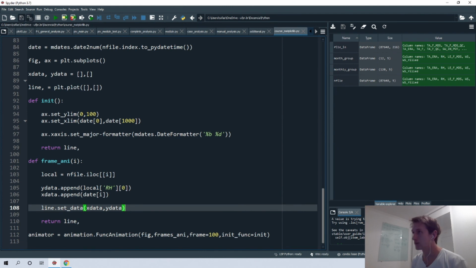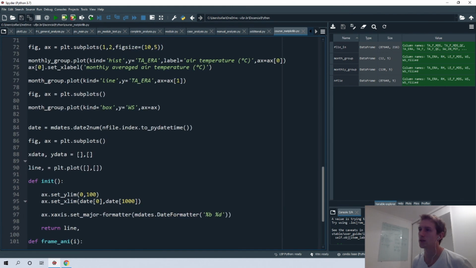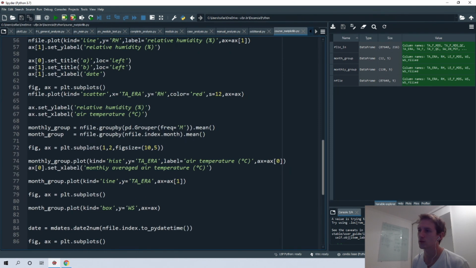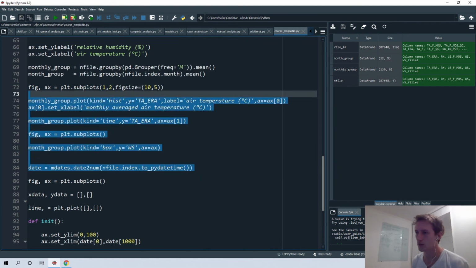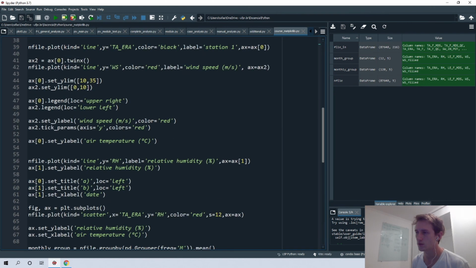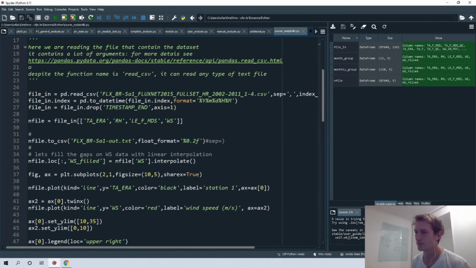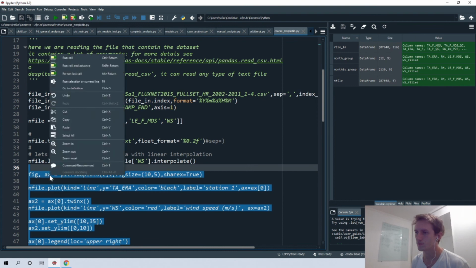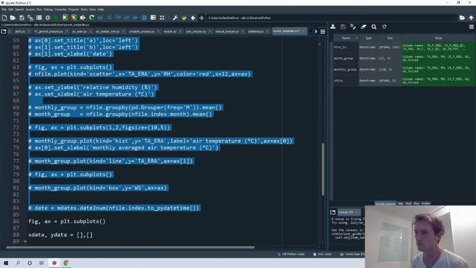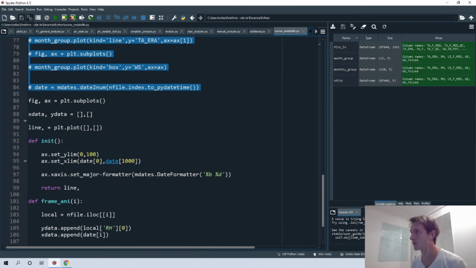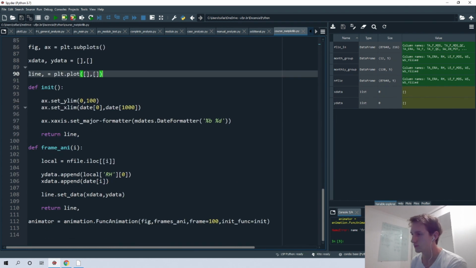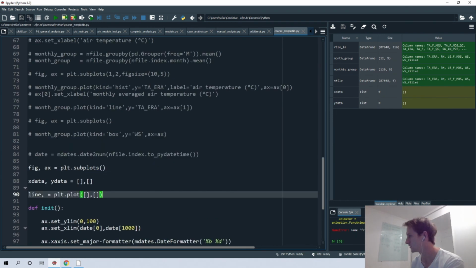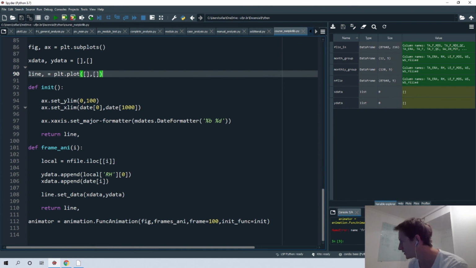So we can run this, and I don't want to plot everything again, so I comment these plots here. Okay. Oh, we got an error. Frame.